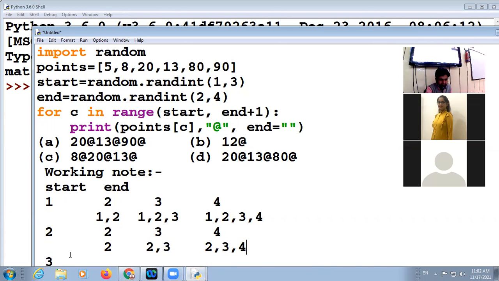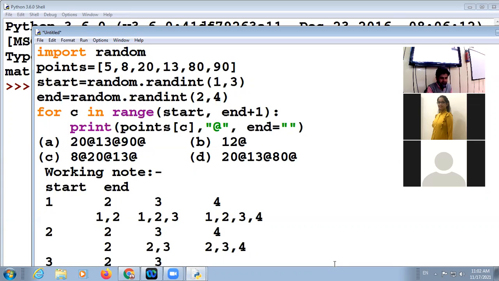Now next, in case start is 3, in this case there will be no execution because starting is 3, ending is 2. This is not possible. But in the next case, starting is 3, ending is 3, it means the loop will be executed a single time. Okay? So this will also be 2, 3, 4.